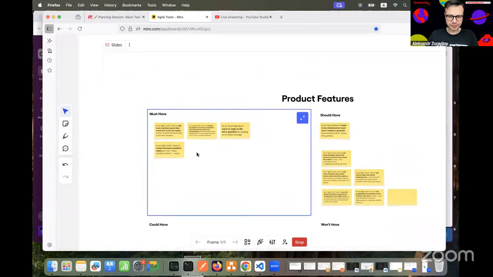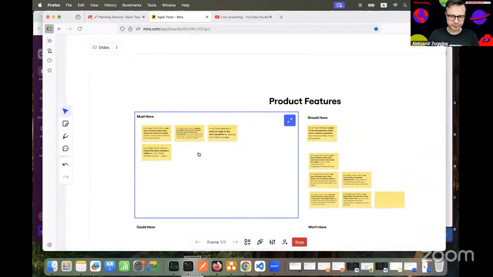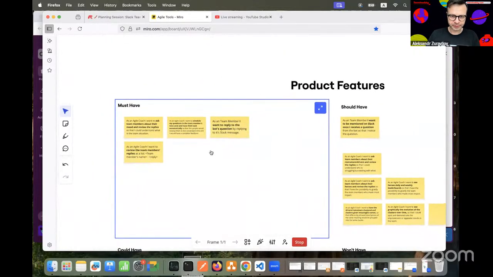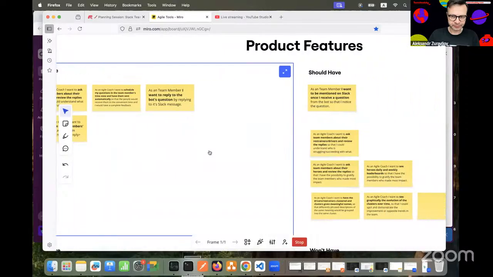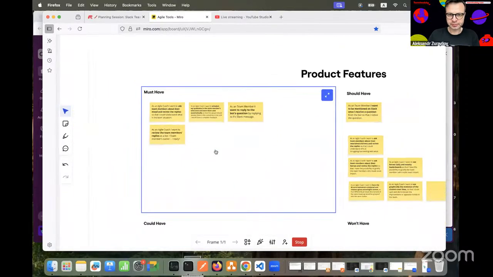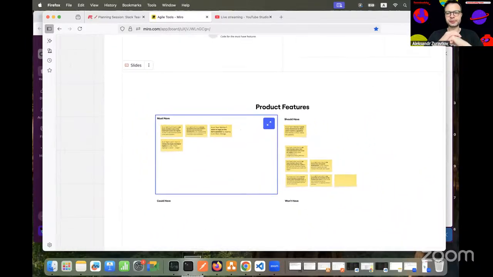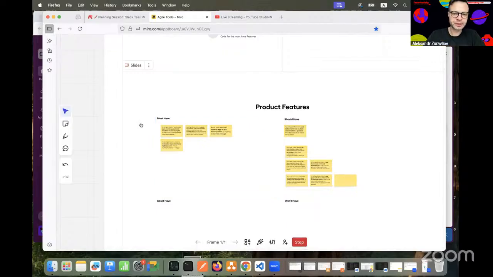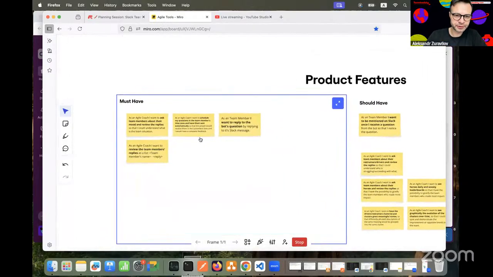Okay, so this will be our features for the first version for our MVP. Now let's move on and switch to Cloud Code and start creating the development plan for these features. And before we do this, I would like to show you that I already made